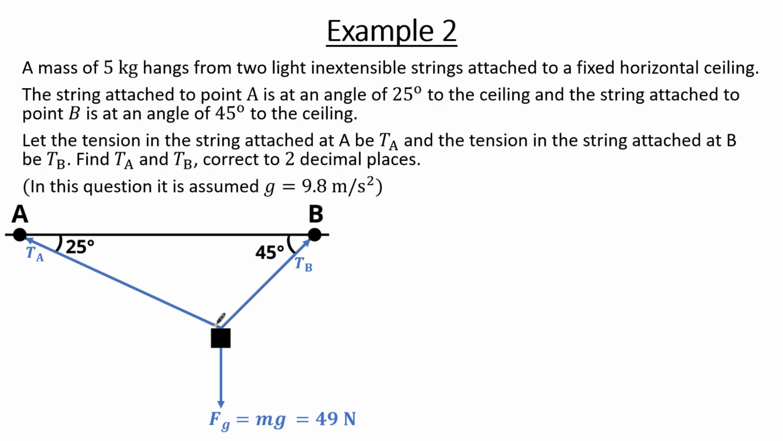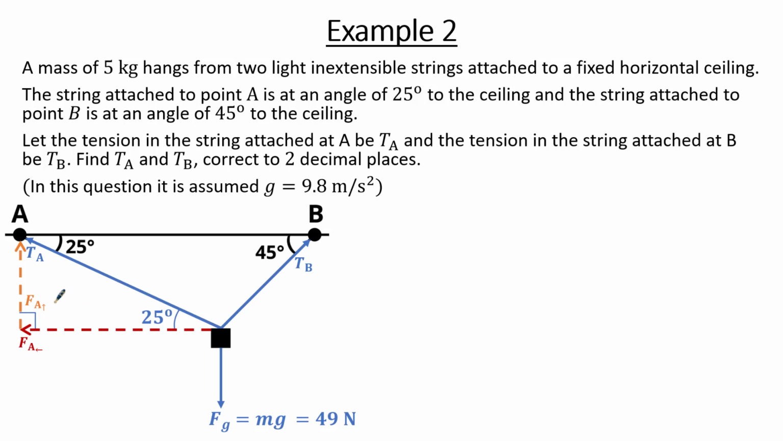Let's now consider the components that make up this tension force in string A. So the tension in string A is made up of this horizontal component going to the left and this vertical component going up. And to find this component, we first note that the angle between them is 90 degrees, and therefore this angle here equals 25 degrees since we have a pair of alternate interior angles. Now to find the components,